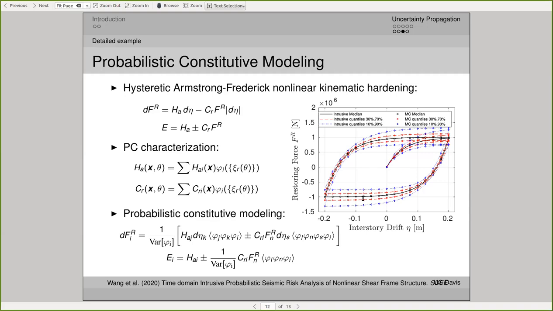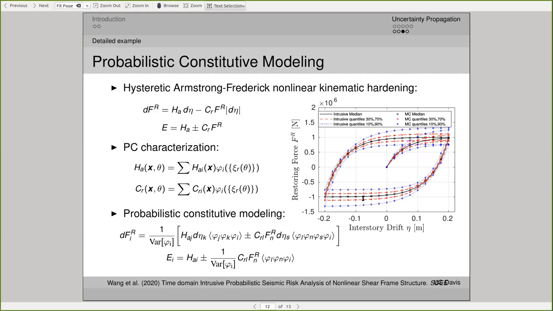So essentially, you're using the famous Armstrong-Frederick kinematic hardening model, but we're really looking at the shear element and 1D propagation. What you're showing is the force versus the shear, what you call interstory drift. This is not used for frames, but is essentially a 1D element that has a shear force and shear deformation. We use this Armstrong-Frederick equation, which turns out to be a very useful equation.